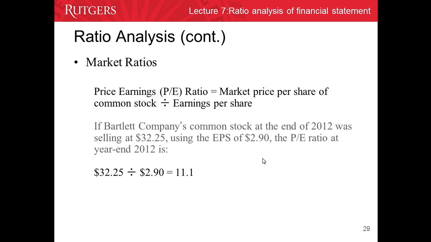Finally, another group of ratio analysis is the market ratios. The first ratio in the market ratios group is called the price earnings ratio. It equals the market price per share of common stock divided by the earnings per share. As we have already calculated before, the earnings per share equals $2.9. If we assume that the Bartlett company's common stock at the end of 2012 was selling at $32.25,